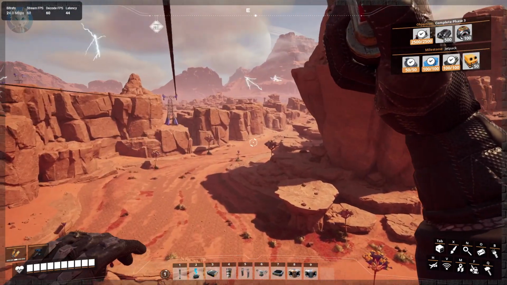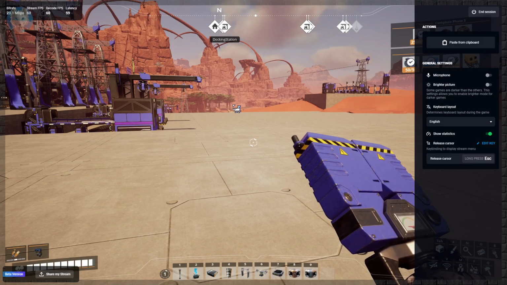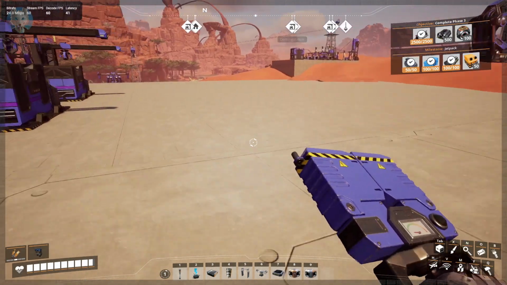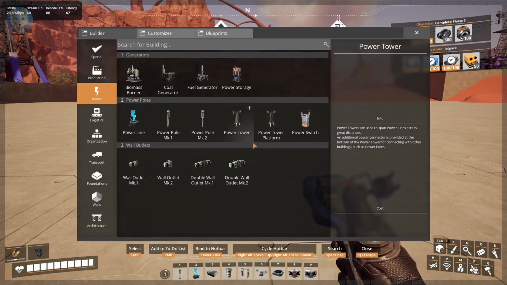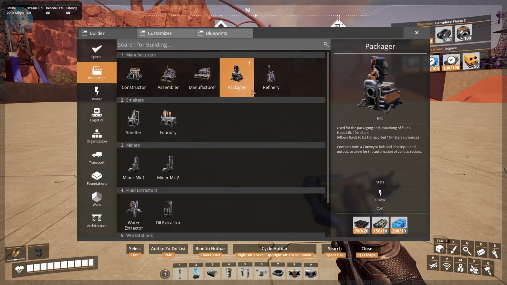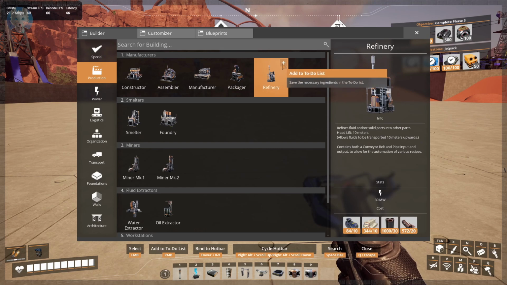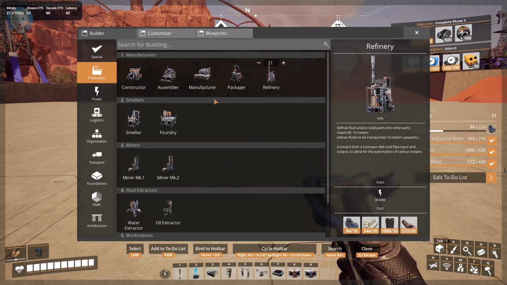Alright, so let's get some materials. Okay, so what are we gonna need? We need to make plastic and we need to make rubber. It would probably be a good idea to have 10 machines for each. Let's go production, let's go refinery, and we want 20 of these. Okay, so we have just about everything we need anyway. We're also going to need